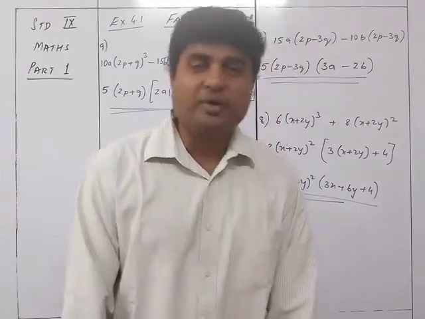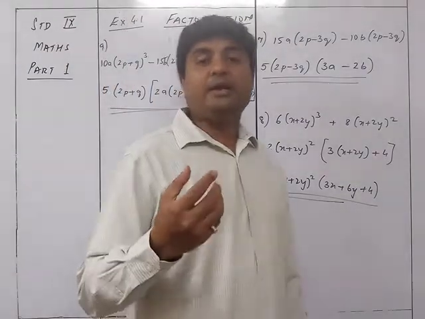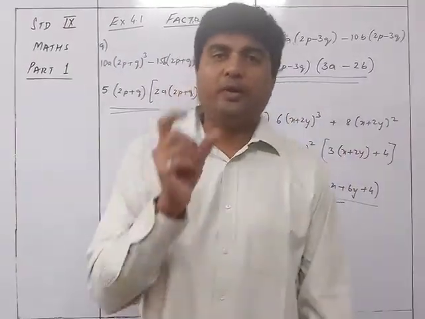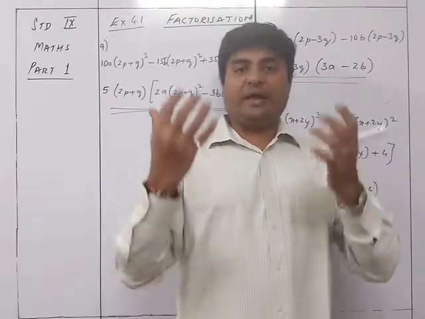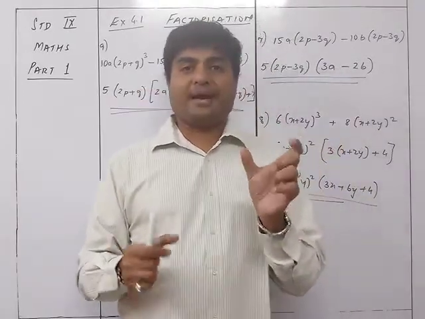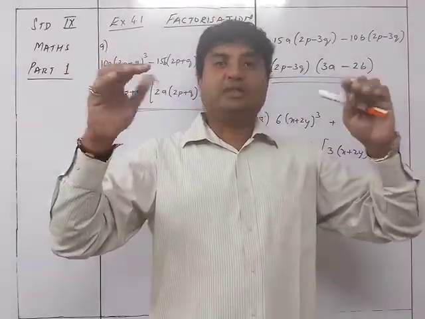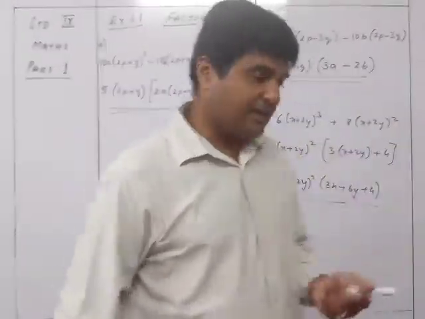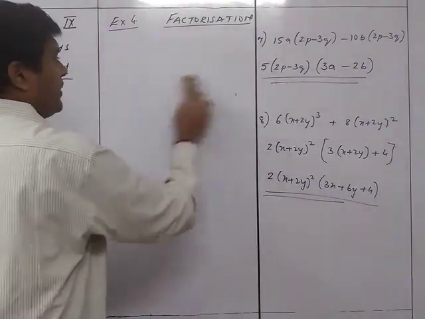We now move on to question number 4, exercise 4.2. In exercise 4.2, we are just going to have the same thing, but here you won't be having anything common throughout the expression. It will be common only between 2 terms or 3 terms, and we will be taking out common from there, and once you take out common, there will be a common bracket available in both these terms, which can be taken out common again. First there will be a sum which we solve and then we will be getting the question something like this. Okay, so let's see the question. We'll get to know what exactly I'm talking about. So we are going to start with exercise 4.2.